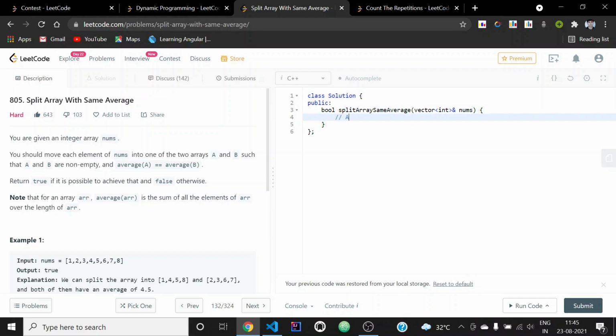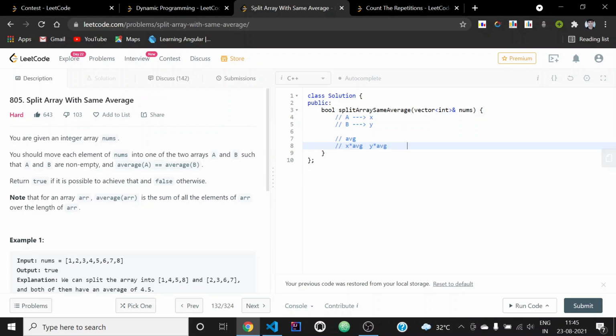Let us assume that the length of array A is x and that of array B is y, and let us call the common average avg. The sum of all the elements of array A will be x into avg, and that of array B will be y into avg.